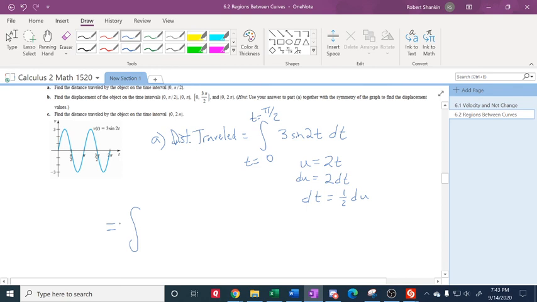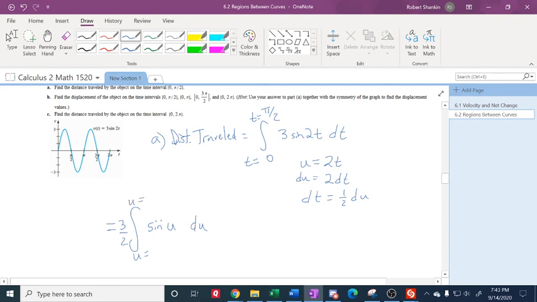The 3 is going to come up front. This is going to be the sine of u instead of 2t. The dt is going to be replaced by 1/2 du. The 1/2 I'll just put out front. And then I'm going to change these